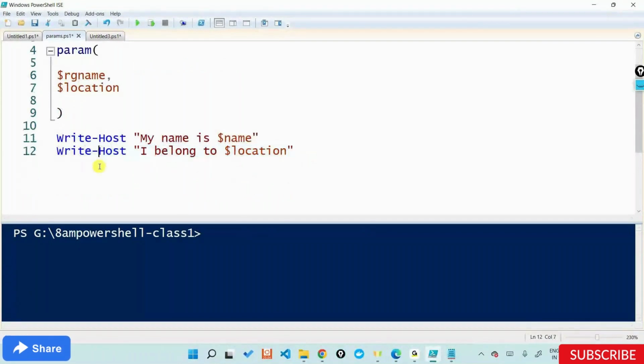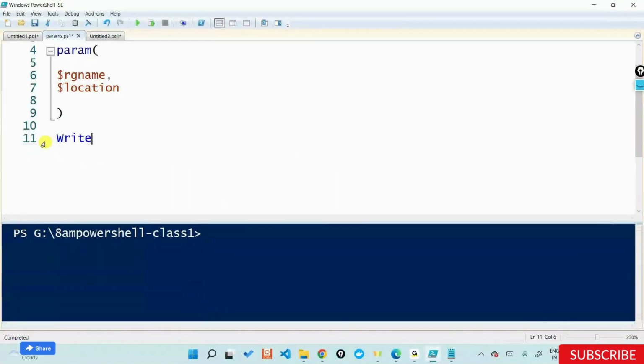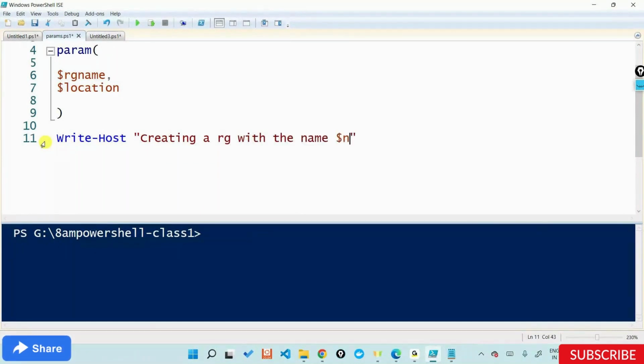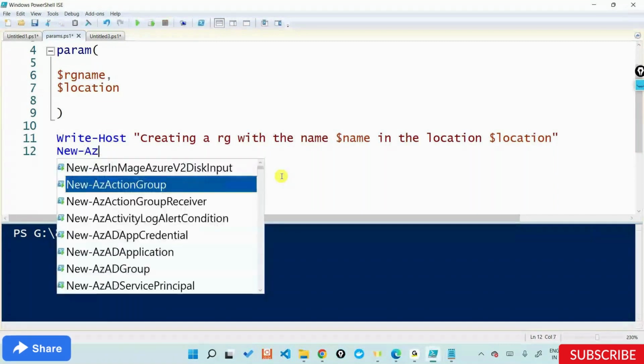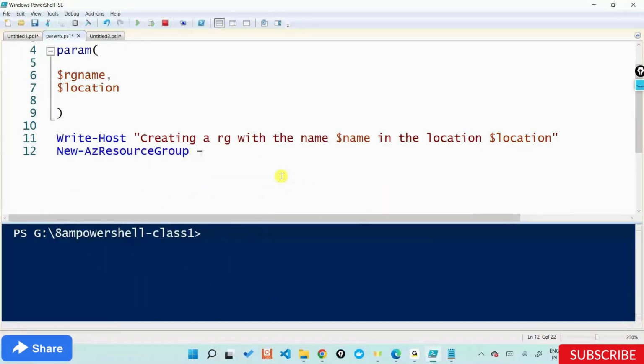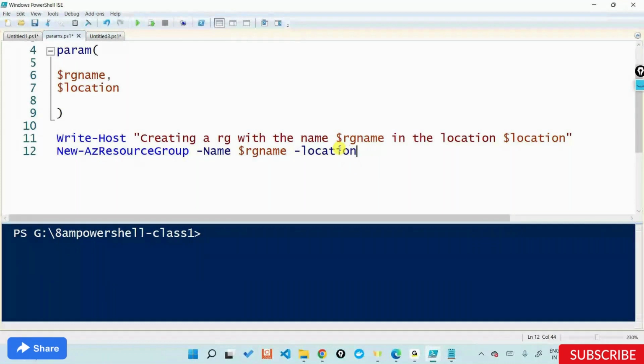And I'll say in the Write-Host, creating a resource group with the name, dollar name, in the location, dollar location. And then I can give my command to create the resource group, which is New-AzResourceGroup -Name, what is it right now? Dollar rgName. This is also dollar rgName, not name. And then I can say hyphen Location, dollar